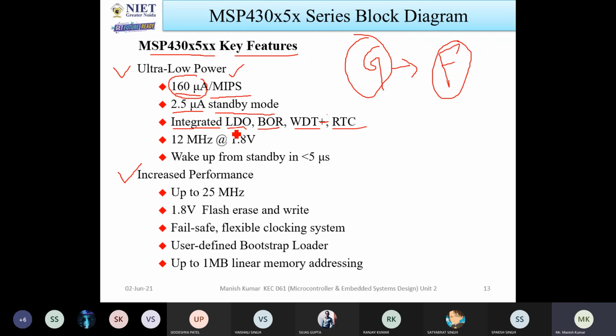is having a supply voltage less than the required voltage. Now this microcontroller will work from 1.8 to 3.6 volt. So let us consider when the supply voltage is less than 1.8 volt. So what will it do? It will not perform. It will not do the job. So what will happen in this case? The LDO will be responsible to switch off the system, so that there is no harm for that.